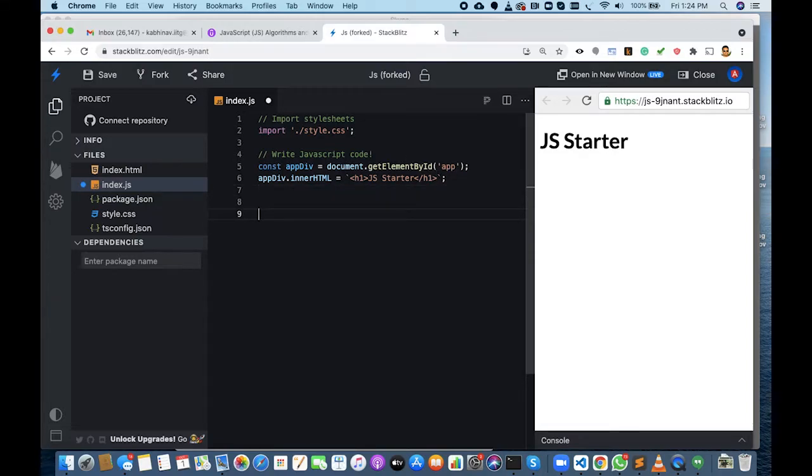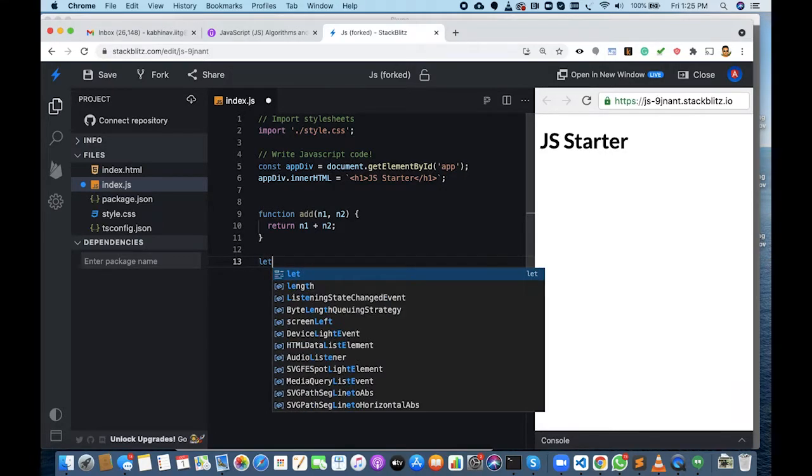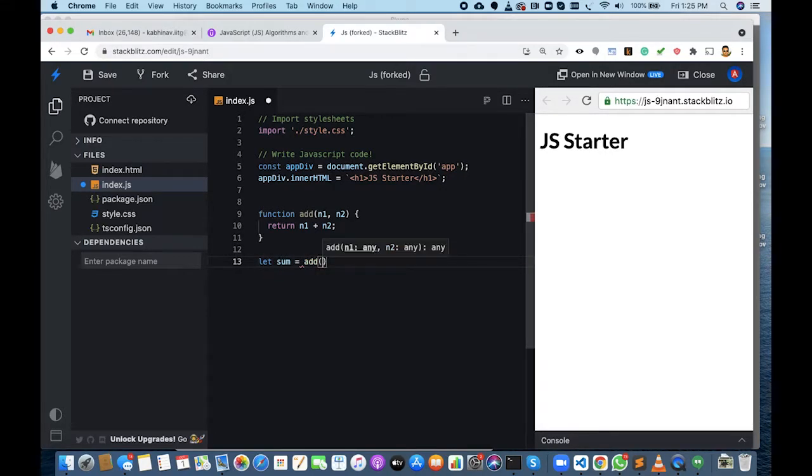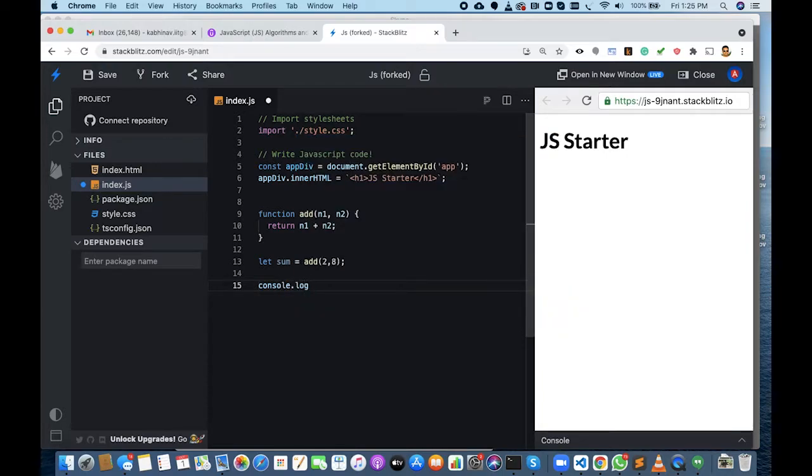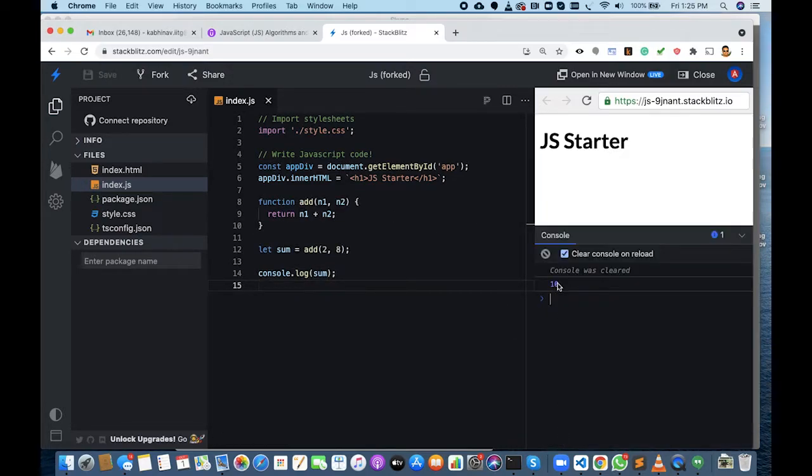In other programming languages, you write a function like this, right? function add(n1, n2) { return n1 + n2 }, and then maybe you can do let sum = add(2, 8), and then print it with console.log(sum). So here you can see 10.